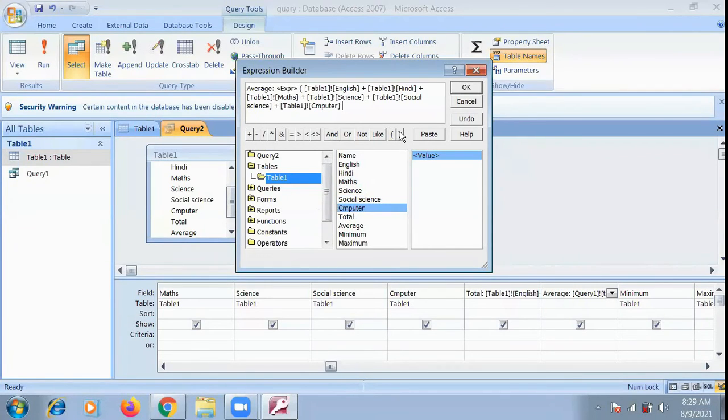Now we will close the bracket and put a slash sign and 6. Slash means to divide. Now we will delete this one. Formula is clear to everyone. This will work.